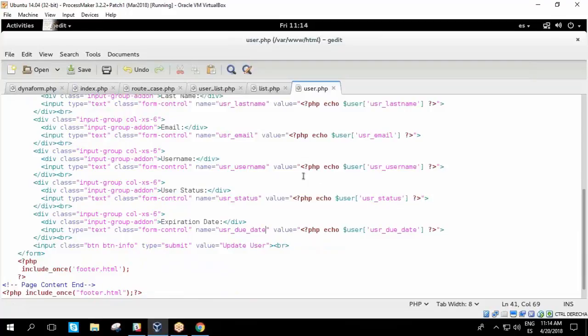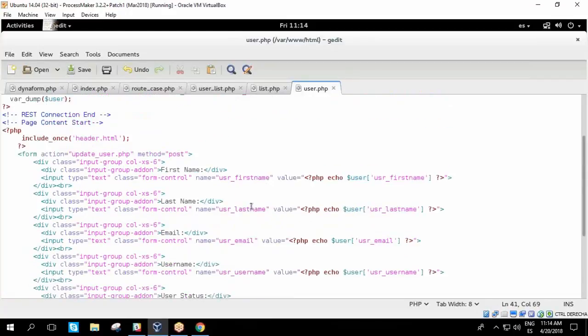of these fields. The next thing we're going to need is the user UID as well, to update this user information so we can send it to ProcessMaker. So as part of the URL that we're going to open, we're going to have to send the user ID in that URL. If we go back up into our action, we're going to have to add a few other parameters to the URL here. So I'm adding the question mark, user ID equals,